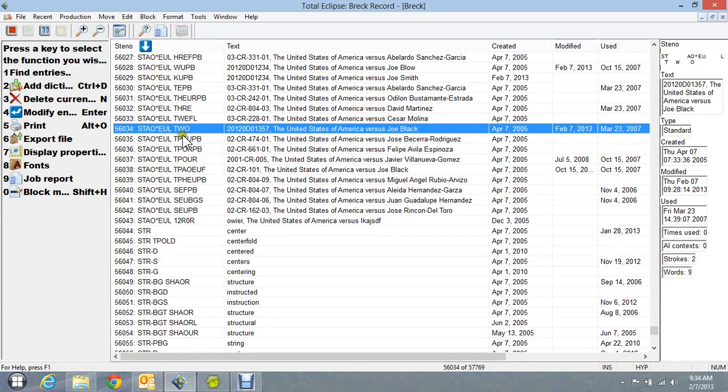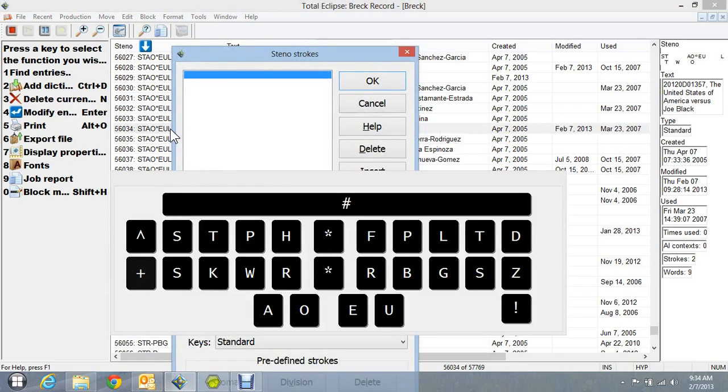So if I knew that, for instance, I was going to have Joe Black as my defendant, the second case for the day, I also wanted to set up a deal where I could hit style 2 and have this part spit out, because my judge was very consistent in calling the case and then United States of America versus. So I thought, well, if I can use this one, how about if I can use the DEF2